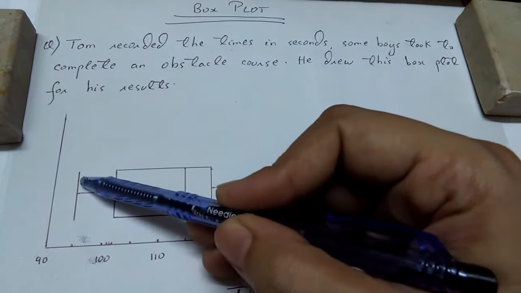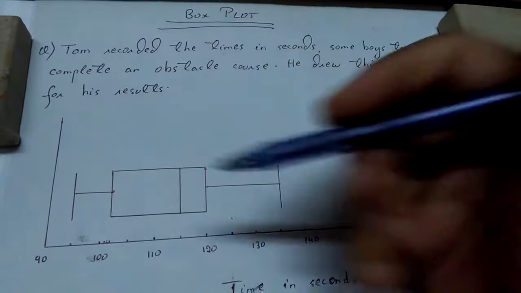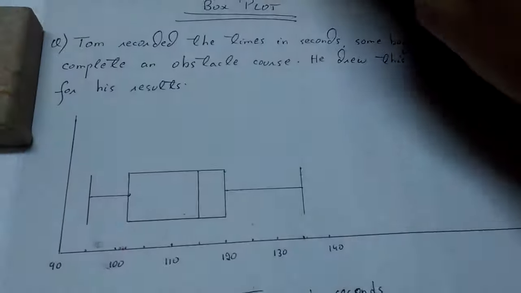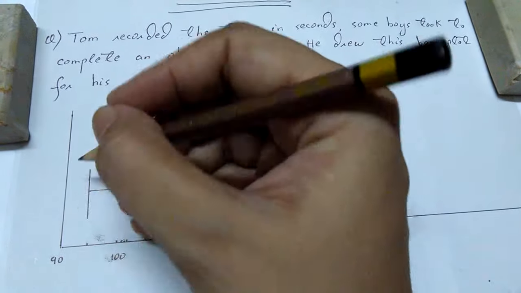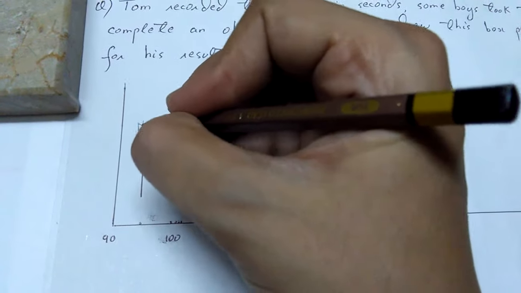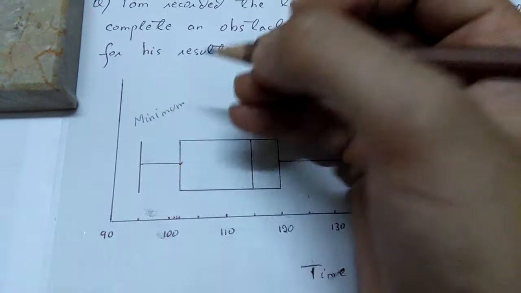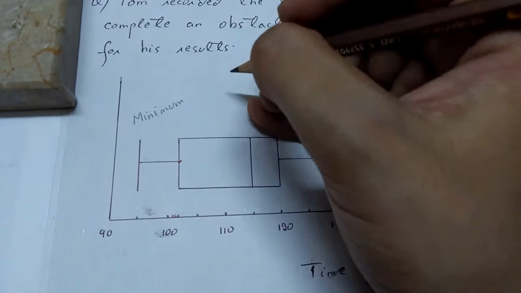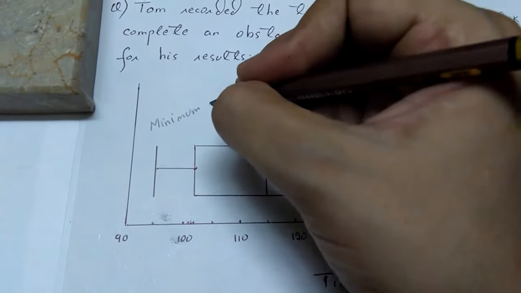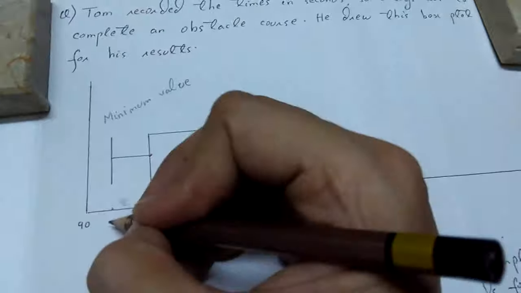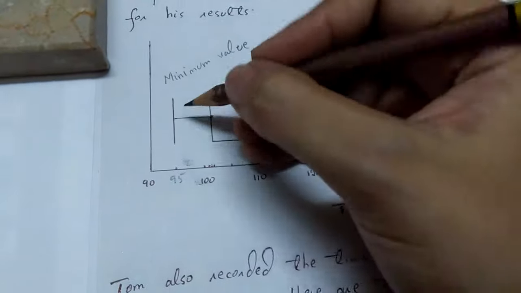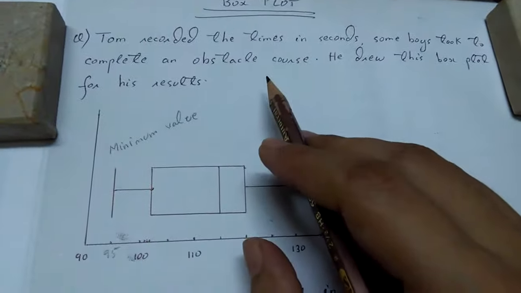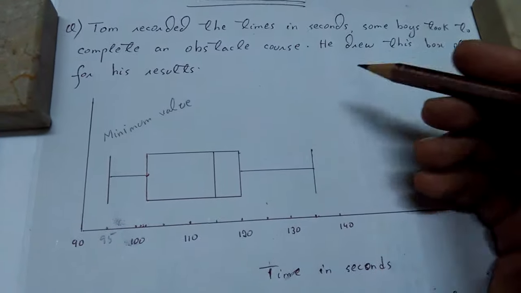Over here you can see this line represents the minimum value of the raw data, or of the time records. So this is representing the minimum value, the minimum time recorded in seconds. It is 95, because I've taken 2 centimeters between 10 units. So this is basically your 95. The 95 is the minimum time taken by the group of boys while performing the